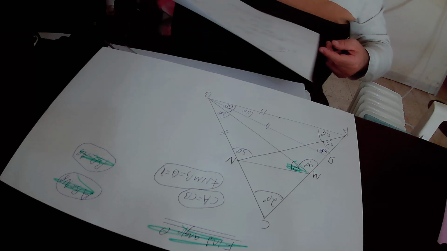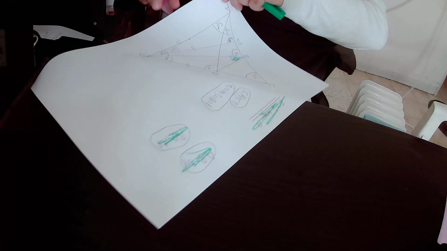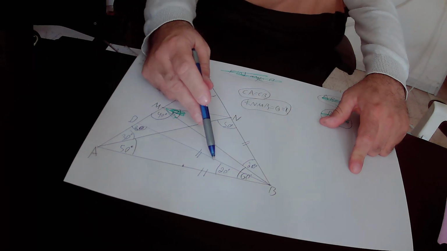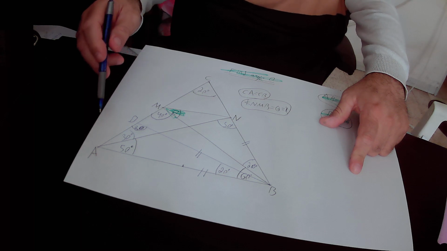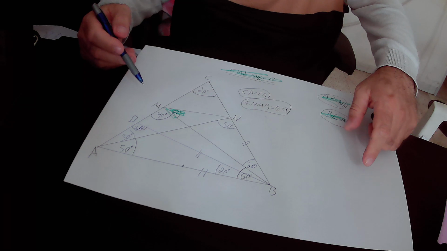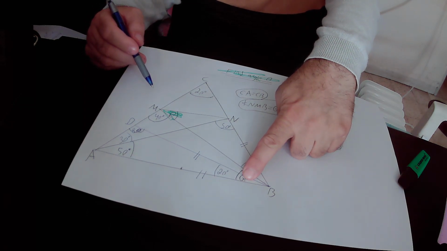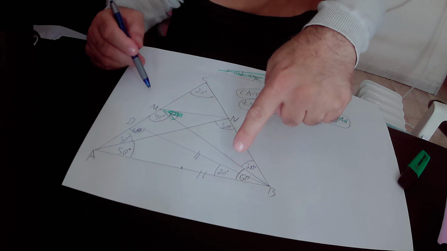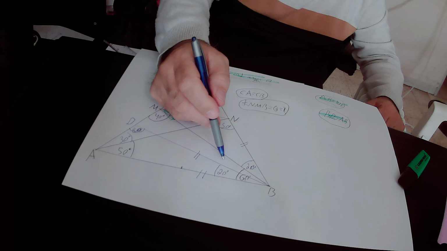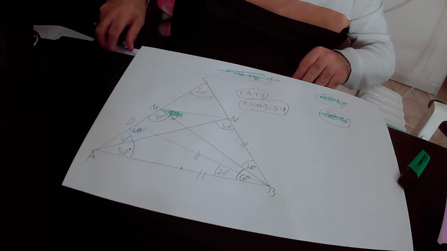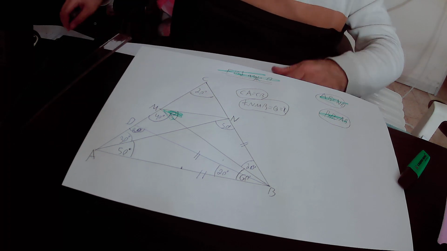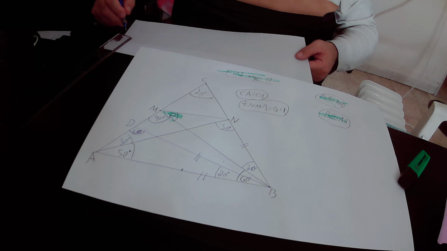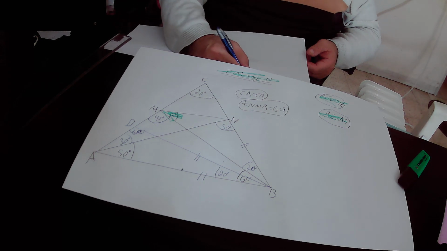So here we have the small angle ABD, which equals 20 degrees in its size. The big angle ABM equals 60 degrees in size. Therefore, the big angle minus the small angle must be equal to the missing angle that is actually angle MBD. Okay, the big angle minus the small angle equals the missing angle MBD. So I write it down. The big angle ABM